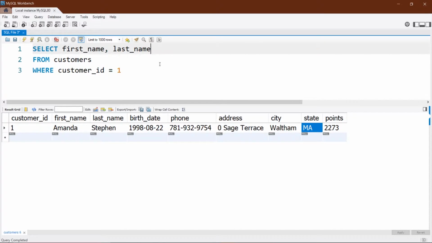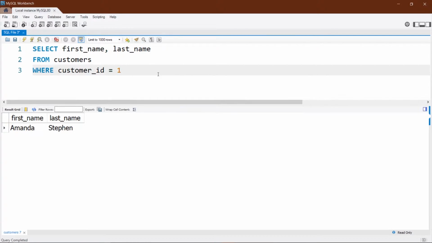If I execute this, I get only the first name and the last name. You're not going to see the customer ID here; it is just used as the reference for filtering. So this is how you can use the where clause in conjunction with the select and from clauses.